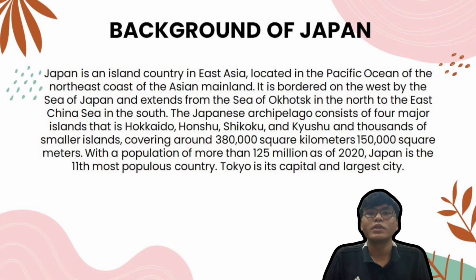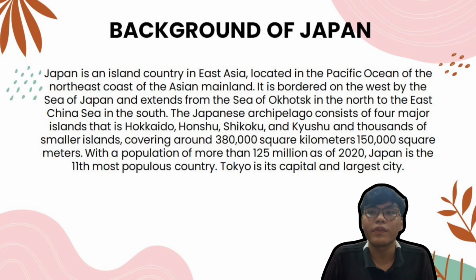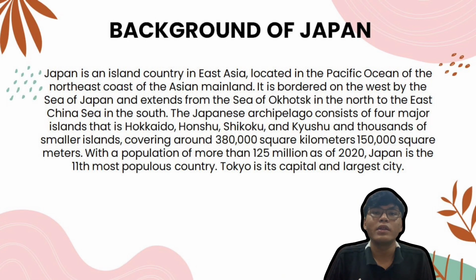Japan is an island country in East Asia, located in the Pacific Ocean off the northeast coast of the Asian mainland. It is bordered on the west by the Sea of Japan and extends from the Sea of Okhotsk in the north to the East China Sea in the south. The Japanese archipelago consists of 4 major islands, that is Hokkaido, Honshu, Shikoku and Kyushu, and thousands of smaller islands